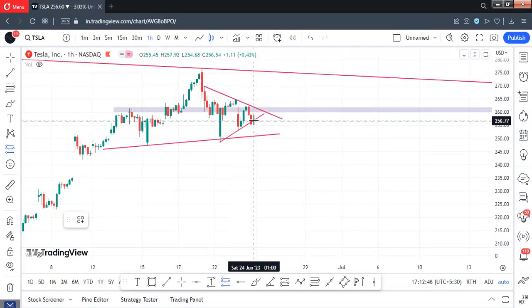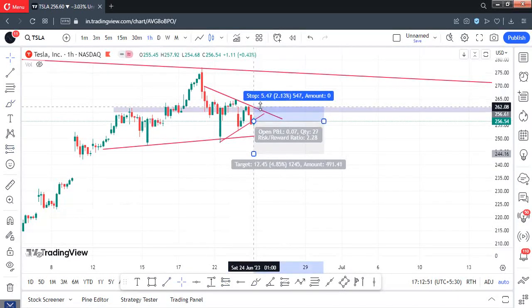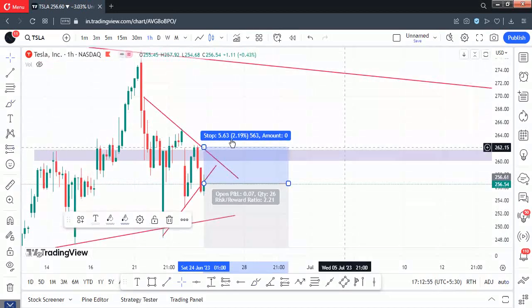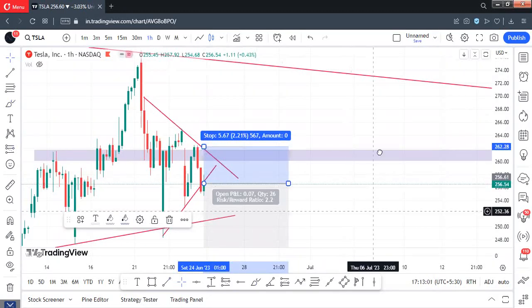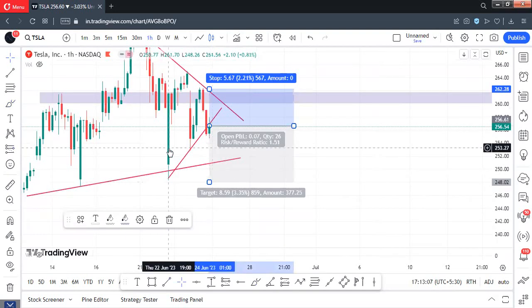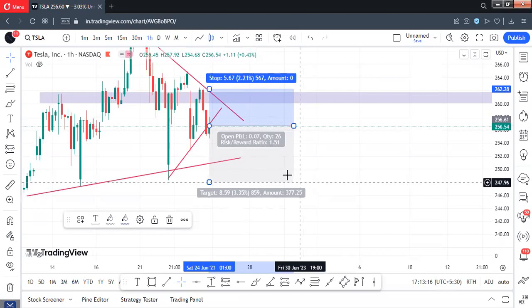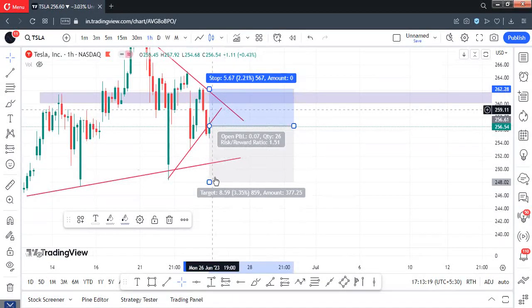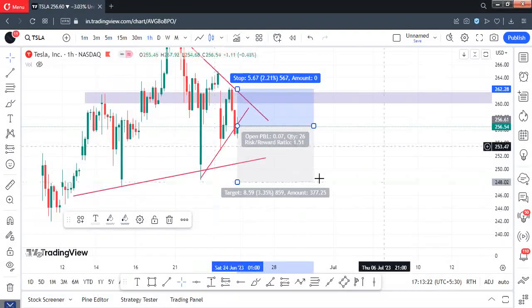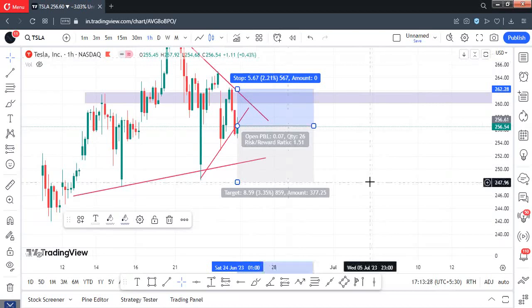So if we trade here at current level, stop loss will be at 262.2830, and our target will be the low of this candle. So it is a 1.5 RR ratio. Target is 248.02. It can give a breakdown here and trap people for short, come back again and then fall again,